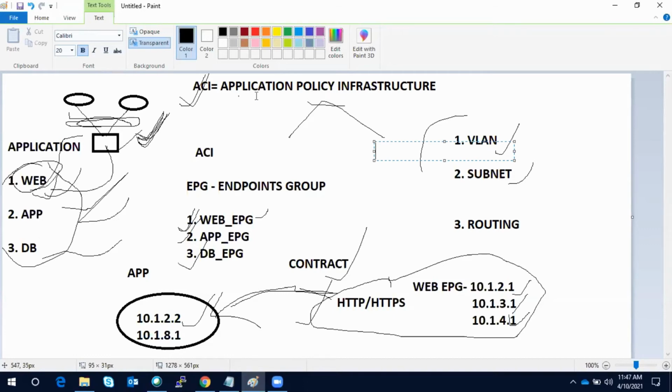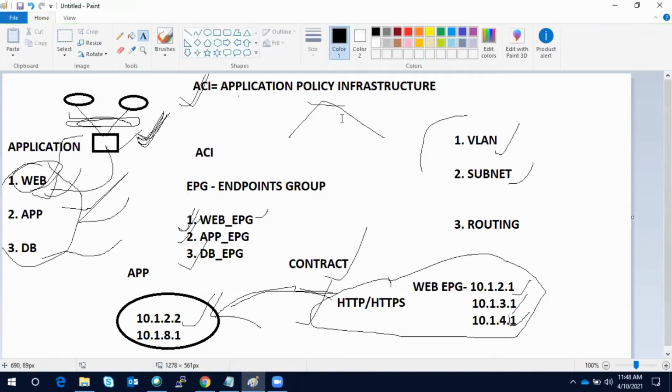That's why I explained why it is application policy infrastructure. But we will cover both scenarios in our lab, the application centric mode and the network centric mode. The majority of things we will do in network centric mode, because 90% of deployments use the network centric approach. Let's not go into detail because many people are new, and they will be wondering what is going on.